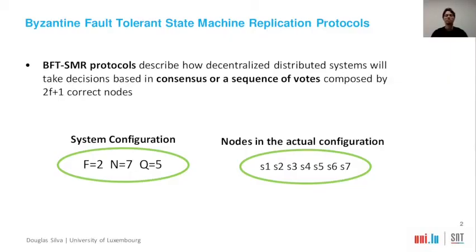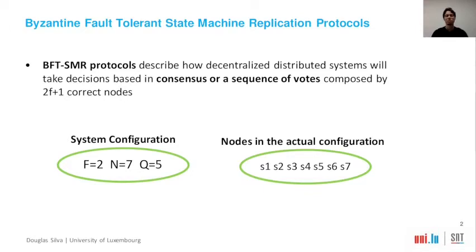BFT SMR, the state machine replication approach, helps the system to mask failures by replicating services or application state across multiple nodes. Byzantine fault tolerance helps the system to cope with nodes with Byzantine behavior, and examples of Byzantine behavior are malicious attacks and software errors. All of that helps the system to take decisions based on consensus or a sequence of votes composed by